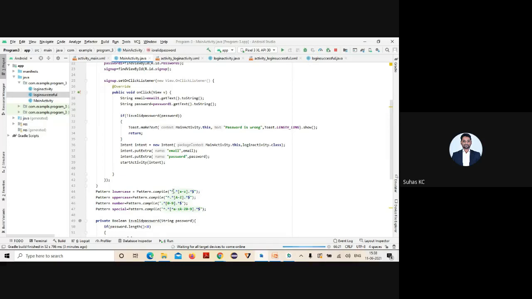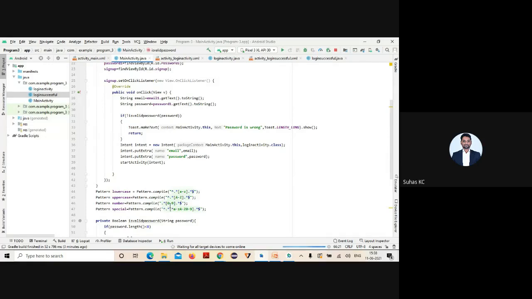And this caret symbol is used for what? Beginning. This dollar symbol is used for what? End. Dot means a single dot can match any single character, and in between can be anything, and the star can be used. And for lowercase, this is called a character class. A-Z is your range within your character class. A to Z, anything it can match. That is your lowercase. Same thing for uppercase.